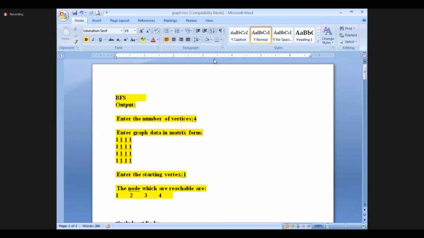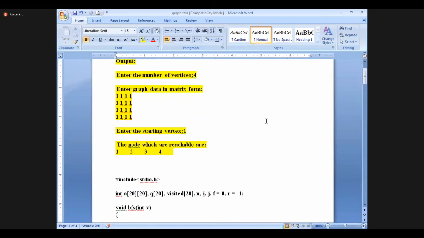Then BFS will be successful and you can transfer the data from one node to another node. Then you can find all the paths available, edges available, and if weight, cost or time is given, you can also find the shortest path further in computer networks programs. So now we'll see how it will be. In the same manner, we'll write the program.